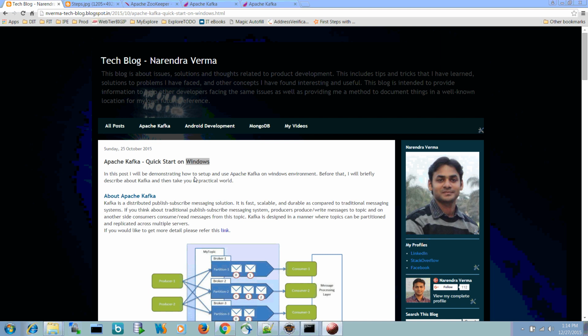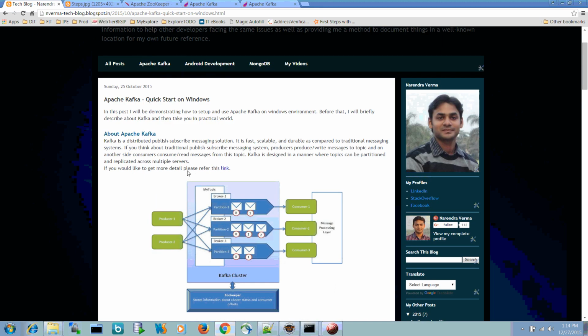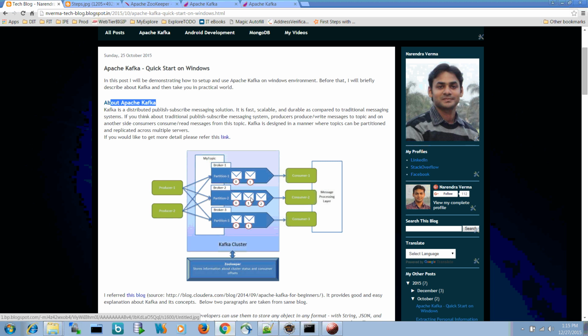on Windows environment. First of all, let's talk about Apache Kafka, what exactly this is. Kafka is a distributed publish subscribe messaging solution. This is very fast, durable and scalable as compared to the traditional messaging systems. Before going deep and actually setting up Apache Kafka, we will just understand what exactly the architecture or